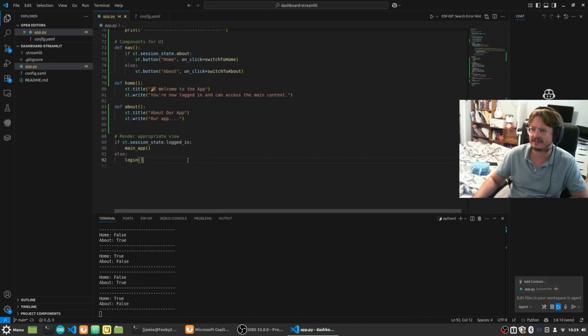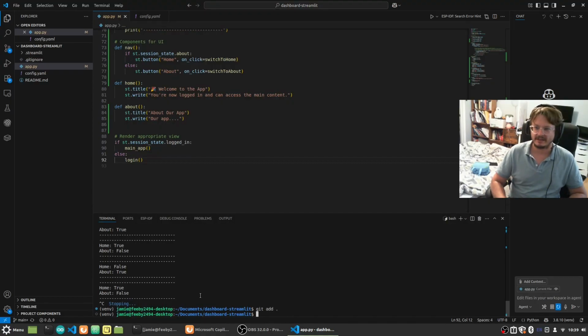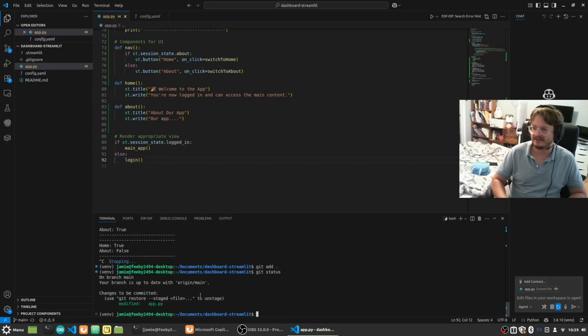Let's go ahead and we will quit this. We need to do the git stuff. Git add everything. And let's check what it added. Okay, only the app.py. Eventually we need to split up the application too, but that's okay. Git commit -m for message. Our message is going to be added a